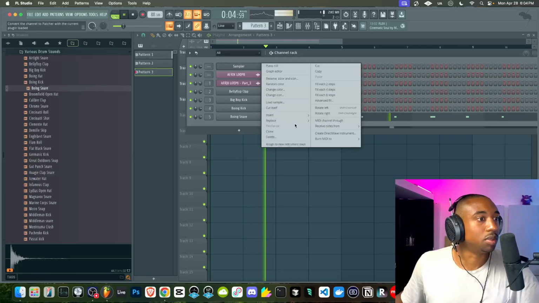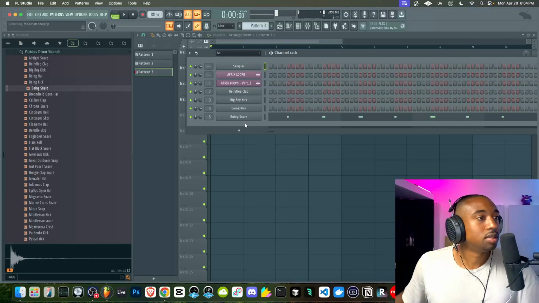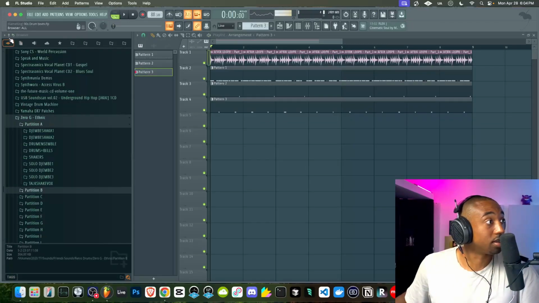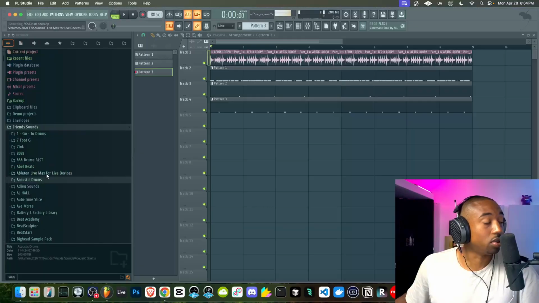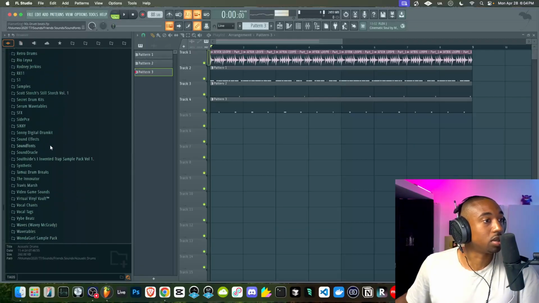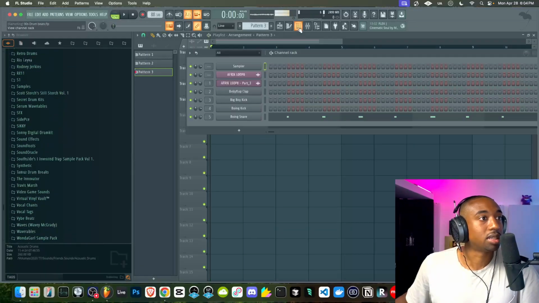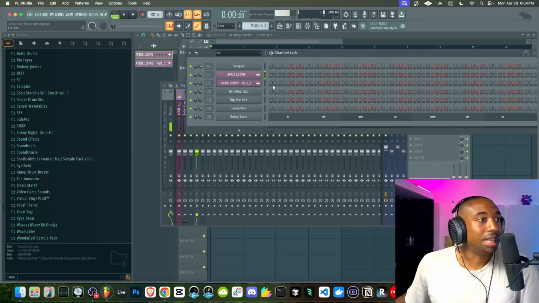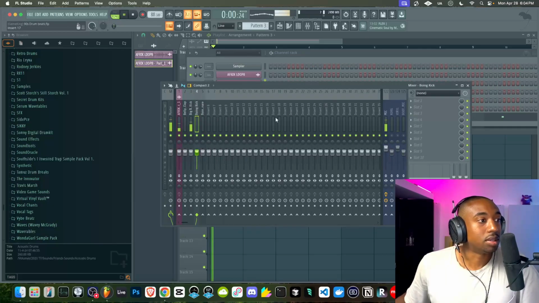Okay, so now we need a sample. To be short about the sample, because I don't want to spend all day adding a sample here, because this could easily take all day to figure out all the little nuances of sampling. So I'm going to keep this really, really short, because this is more about the drums. Actually, before we even get to the sample, let's send this stuff to the mixer. Hit Control L in your channel rack after you highlight these sounds.